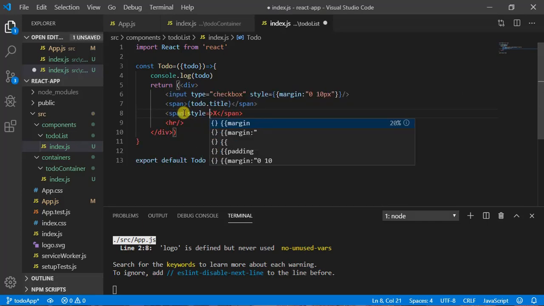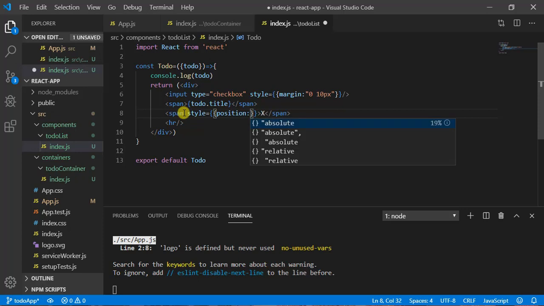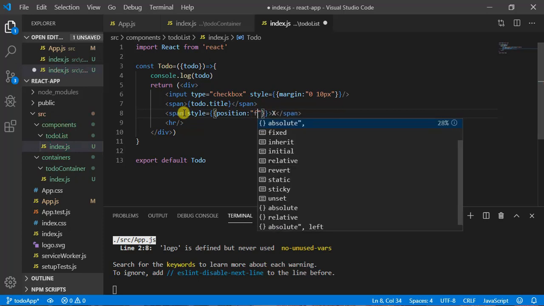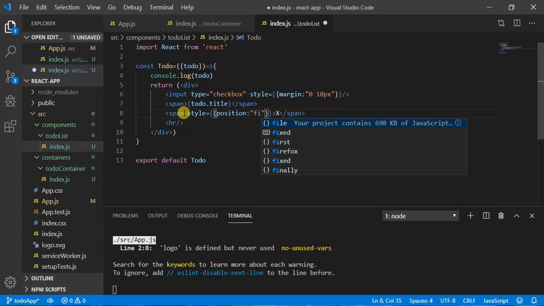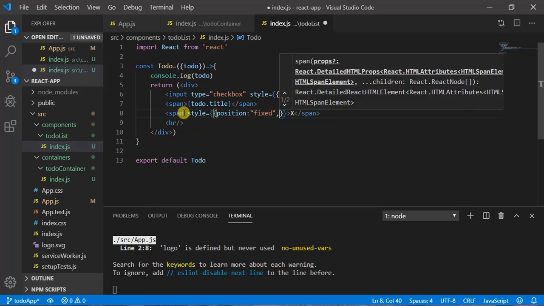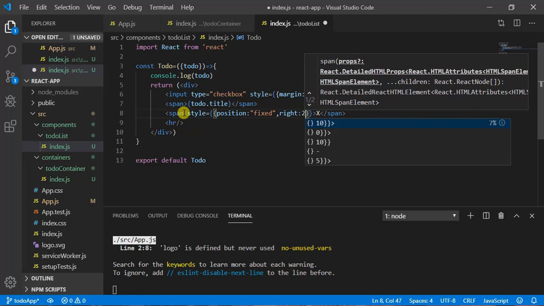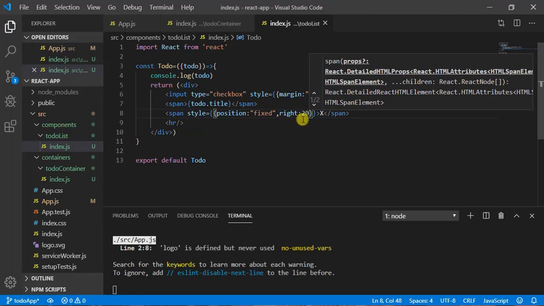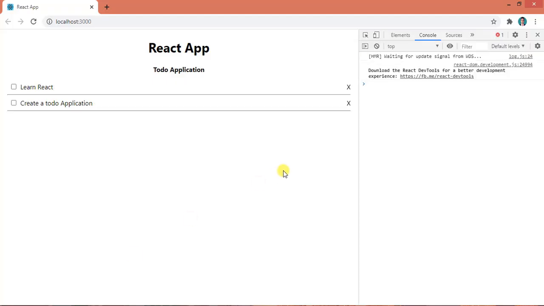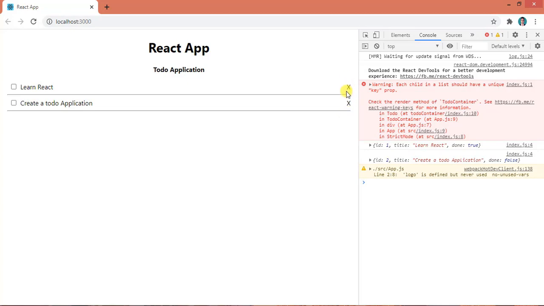A style, double curly bracket, and first position equal to fixed. Okay, and the next property I can write here is right equal to 20. So it will add 20 pixel. So now you can see this came here.